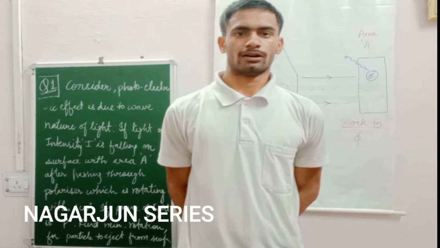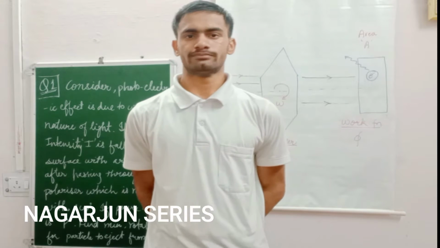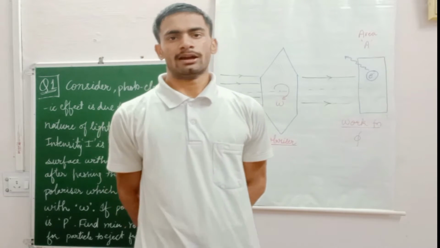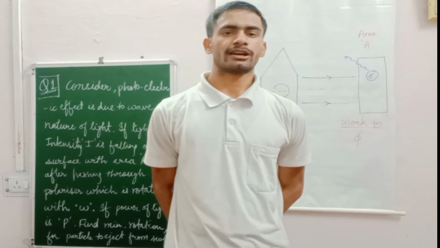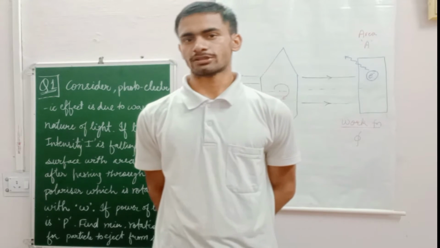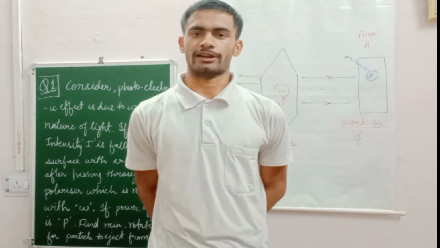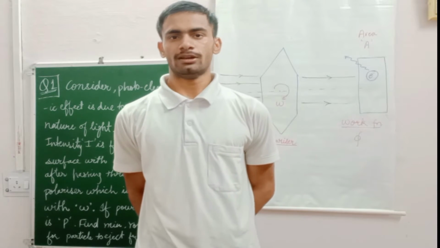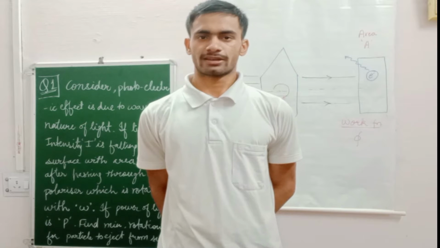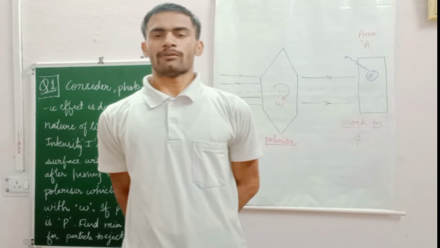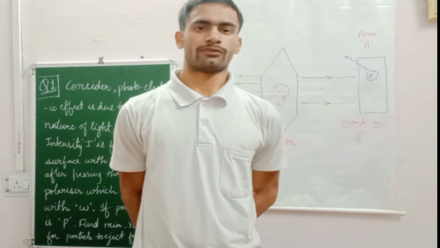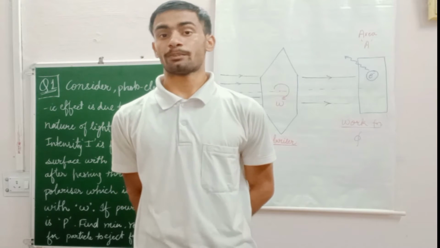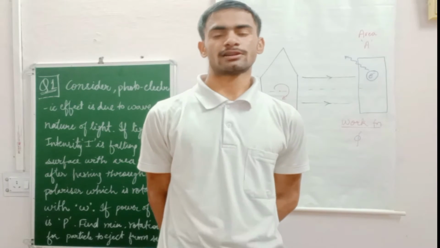This question is related to the photoelectric effect, the photoelectric experiment or Hertz experiment. For the matching of theoretical idea with the practical observation, we consider the particle nature of light, and by considering that we are going to get 100% result. So that means particle nature in this case is right. However, for this case, consider the wave nature of light. That means what happens if the wave nature of light dominates over the particle nature of light in case of